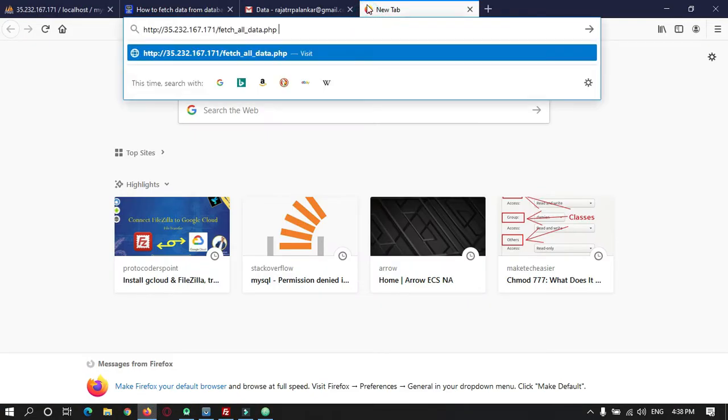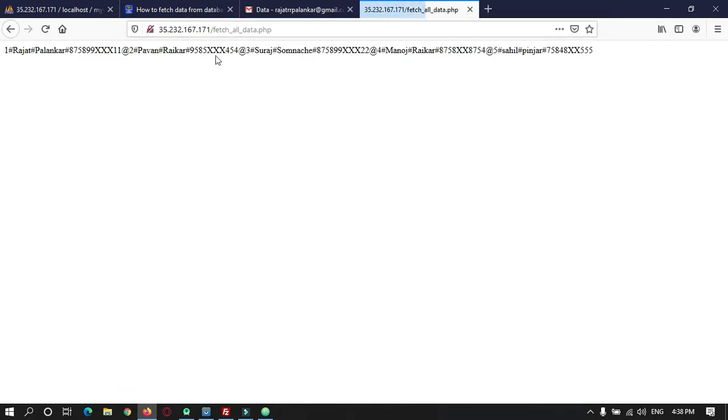As you can see, this is the PHP code, and it returns our data in this format. I have separated the data using a hashtag so that we can separate each piece of data in the Java code. This is the first user's data, this is the second person's data, this is the third person's data, and so on. You will check out this code to see how to separate that in Java code.